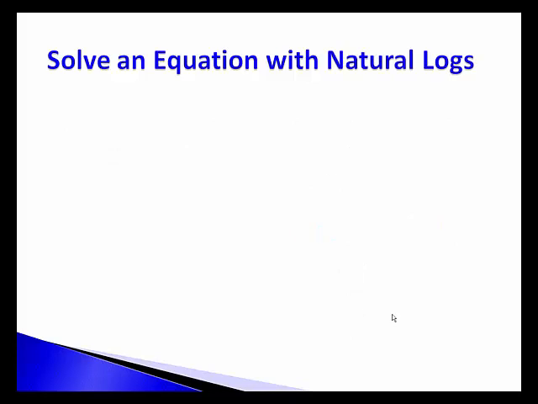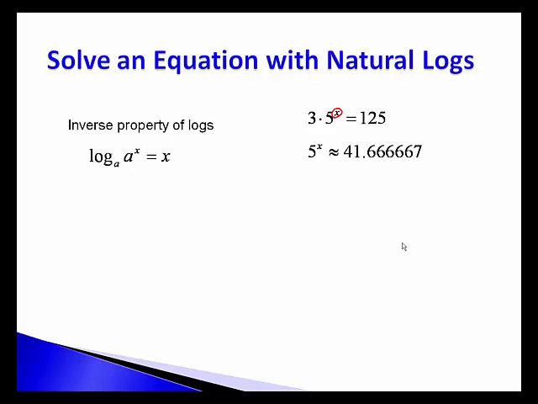Let's continue, but this time our equation will be 3 times 5 raised to the x power is equal to 125. Notice this time you do not see the word log, but we have an x in the exponent. That's our indication that we'll be taking a log. The inverse property we'll need this time is log base A of A to the x is equal to x. Let's begin by dividing both sides by 3, and I get 5 raised to the x power is approximately equal to